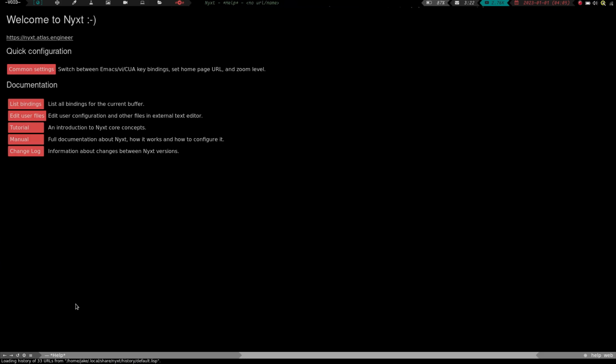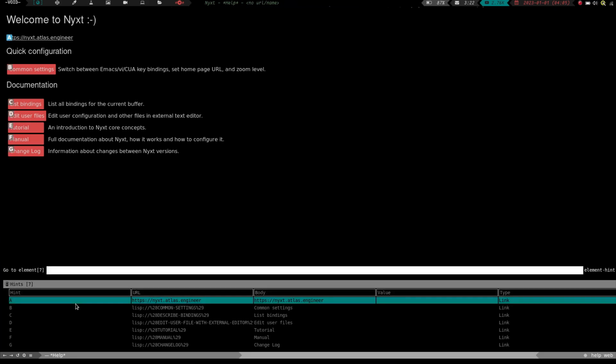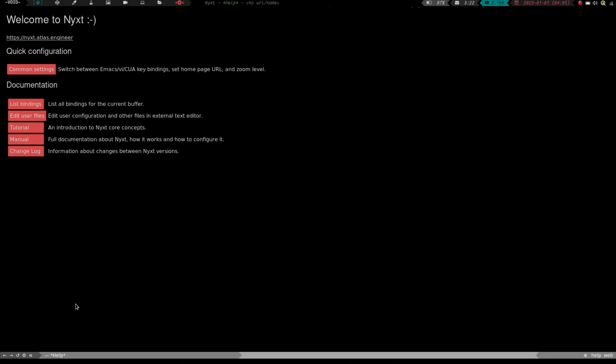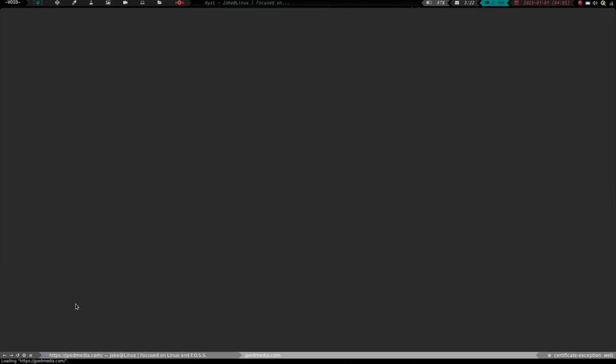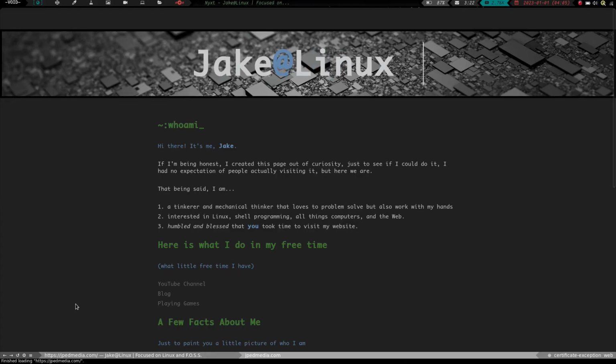So if we just hit, I think, Control L, we can go to my website, and it works like any other browser, but it's just got different key bindings and stuff that you're going to need to use. And it's got the little bar down here, so you have a back button if you want to go back, but there's also, you can see, it goes through buffers as opposed to